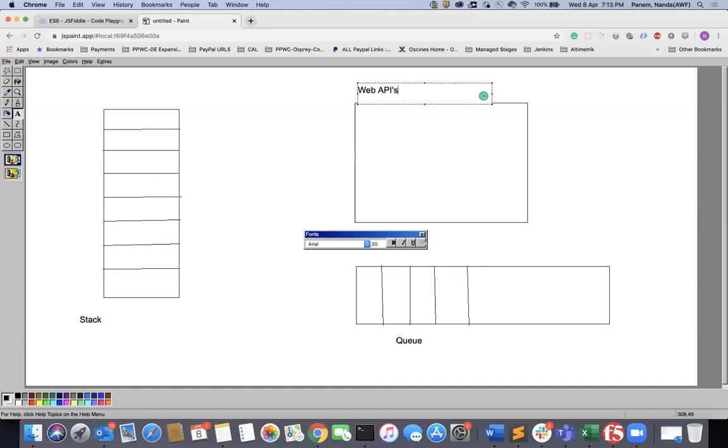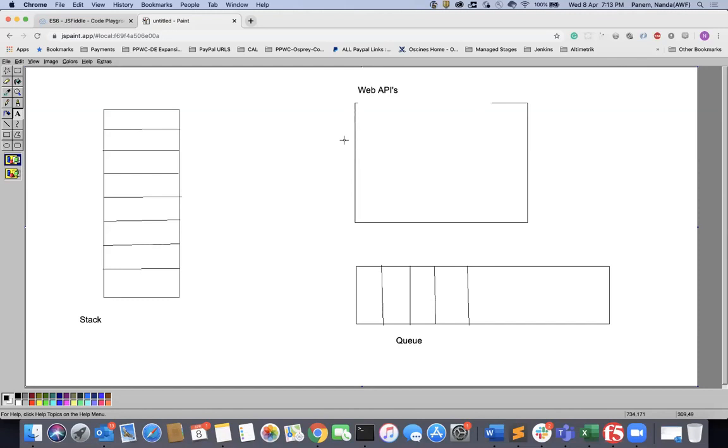So in web APIs, suppose there is blocking code coming, or database requests, or timeouts. I'll tell you an example. There are three types. One is blocking code, which is input/output operations, like calling a server or database connections. Or you can call a setTimeout, which will wait for a couple of seconds and then execute. Okay, I'll show you the example.